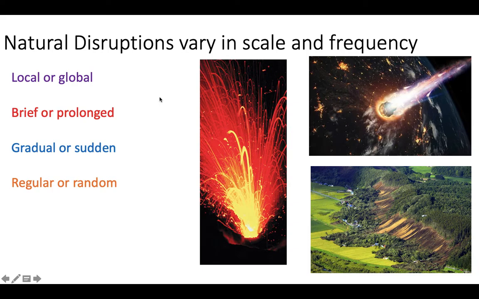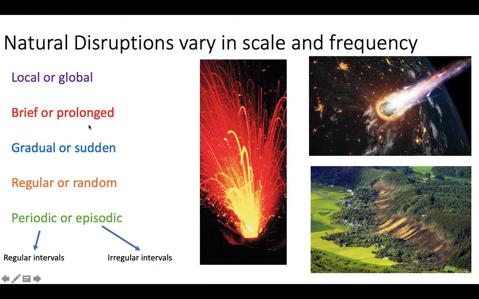It could be something that happens regularly, like hurricanes, or it could be something that happens randomly, like an asteroid, and it could be periodic or episodic. This kind of goes hand in hand with regular or random. The way they differentiate these terms in the AP curriculum is that periodic happens at regular intervals and episodic happens at more irregular intervals, but both of them are happening every so often, right? Like hurricanes happen at regular intervals, but maybe earthquakes do not. You can kind of predict when they happen, but not necessarily.